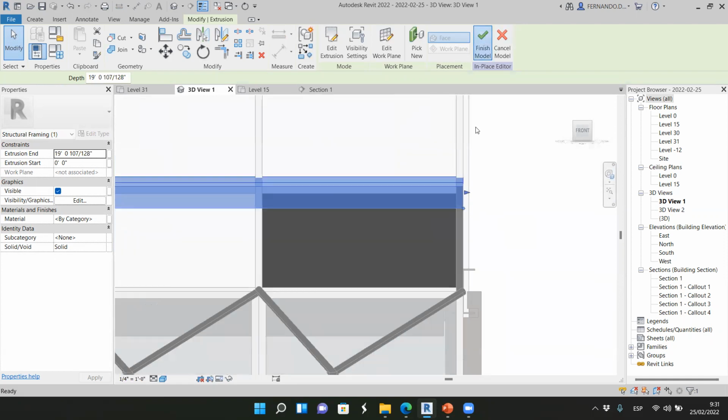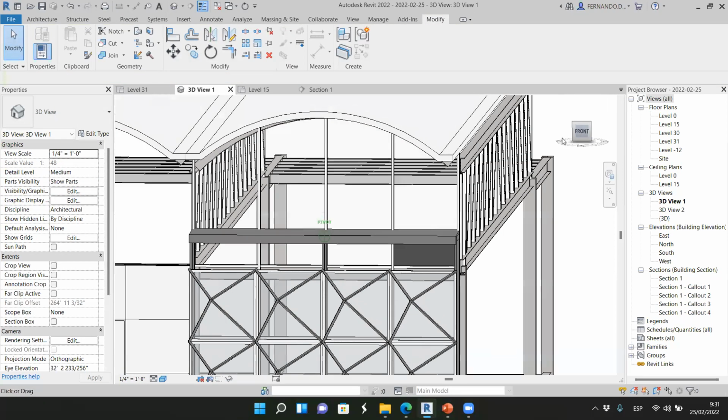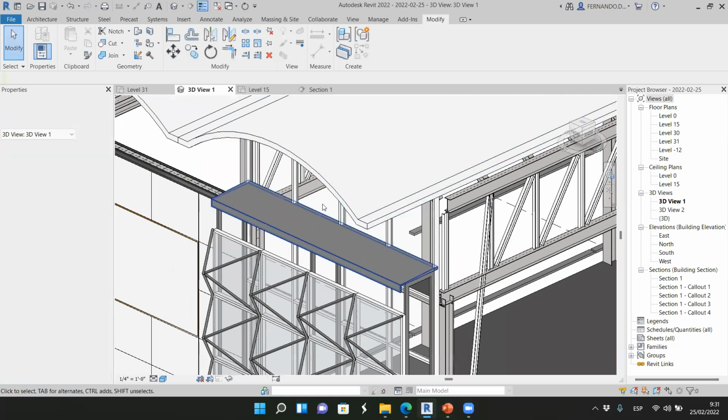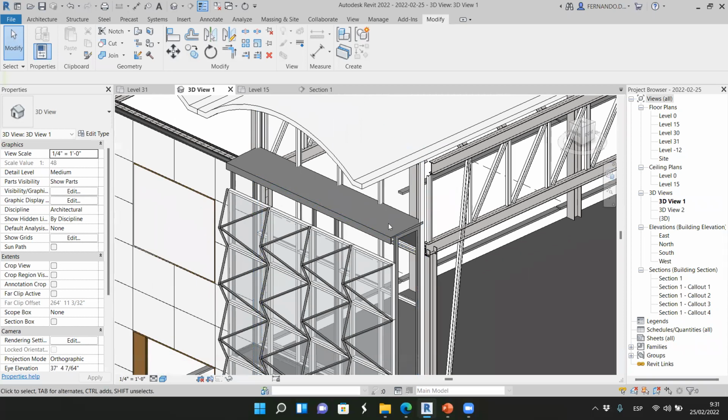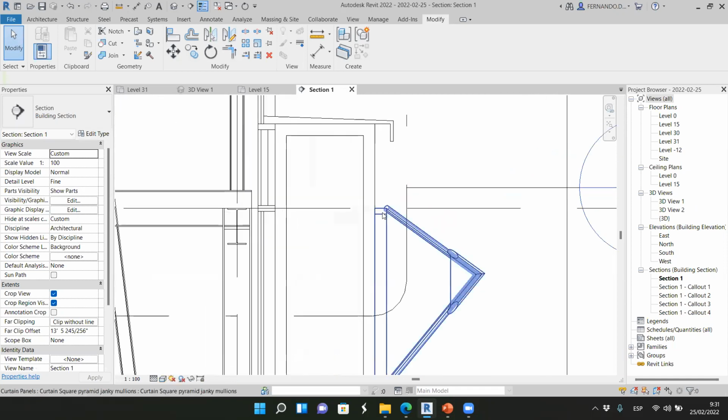Okay. Finish model. And we see we have created a cap. And this cap is not perforated because the goal of this cap is to move the water out of this facade. Okay. And now on this section, we have to create the movable louvers here